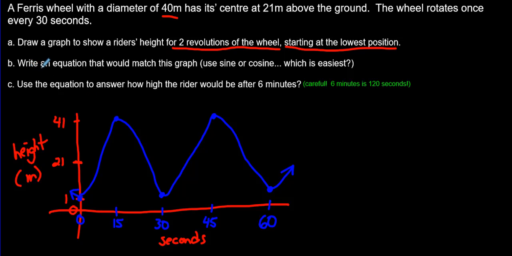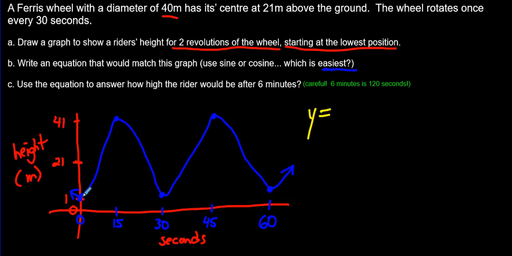Now the next one says write an equation that would match this graph. Use sine or cosine. Which one is easier? Maybe we'll do both, but I'm going to start with the one that is easiest. Okay, if you remember, I'm going to start by going like this, y equals. If you remember from the last lesson,